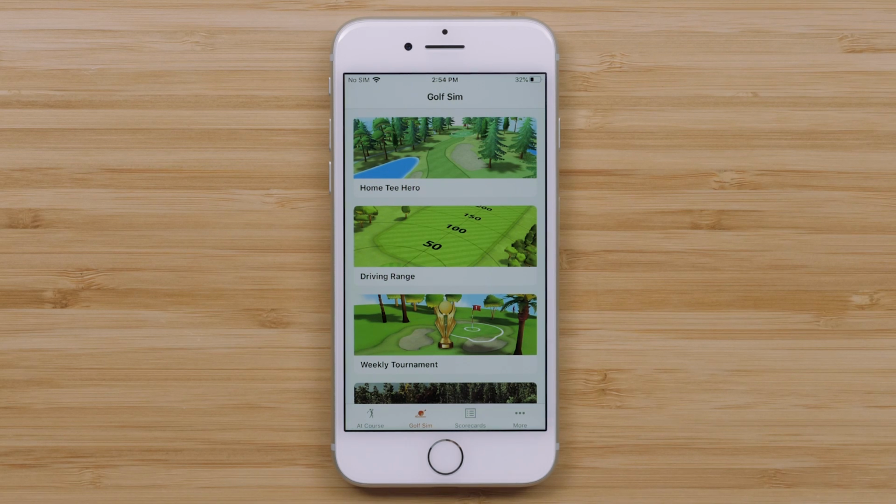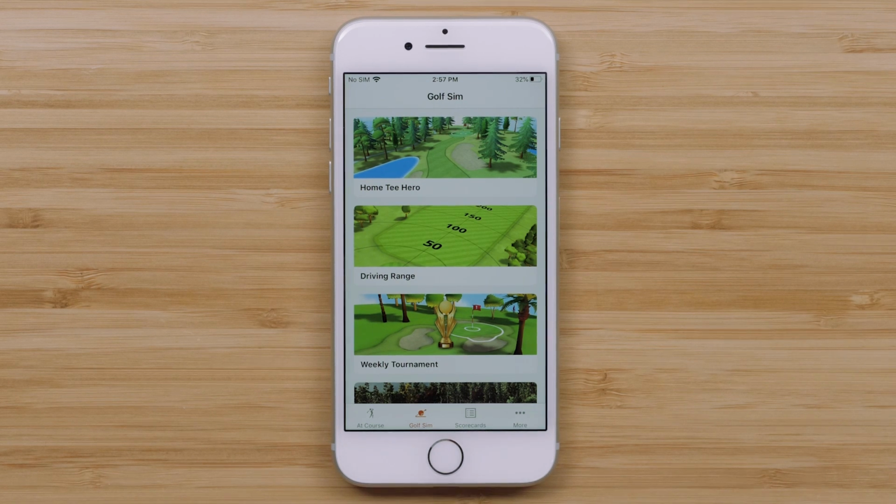You will receive a 30-day free trial of the Garmin Golf membership with the purchase of an Approach R10. The features included with this membership include access to Home Tee Hero, virtual rounds with over 42,000 courses, weekly tournaments to compete against other R10 customers, and the option to automatically store video clips of your swing captured into the Garmin Cloud. First, let's look at Home Tee Hero.